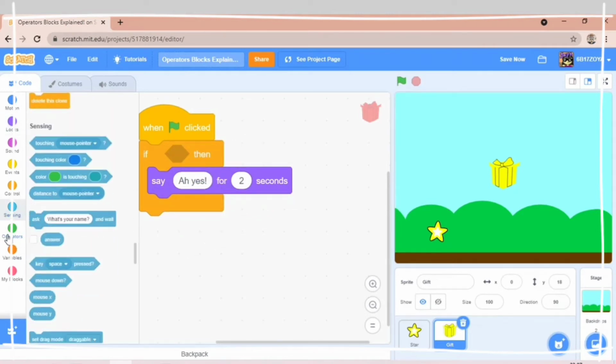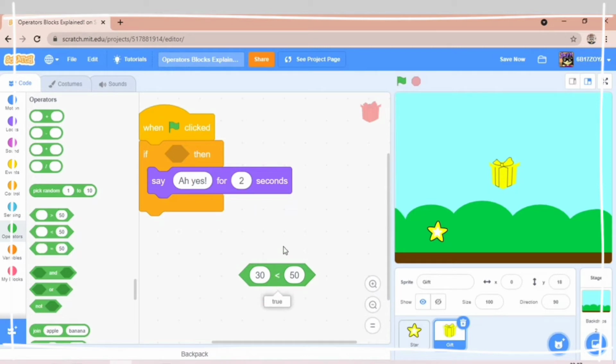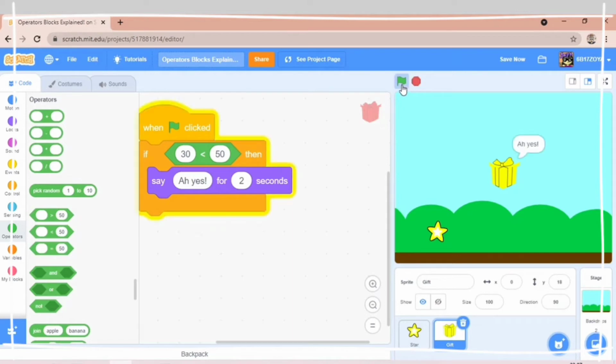And we have the other block which is the less than. We can take 30 less than 50, and yeah, we can click over here. It's true, we all know 30 is less than 50, but if we type any other number which is greater than 50, then it won't do the further code. See, it is less, but now I will write